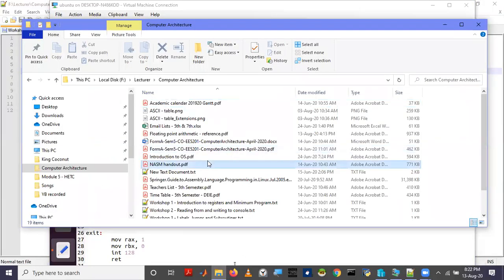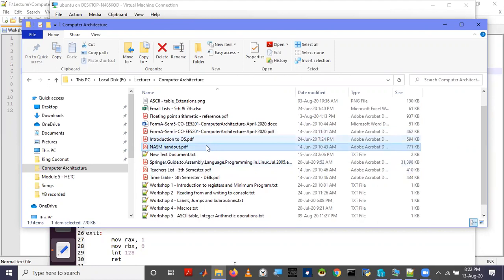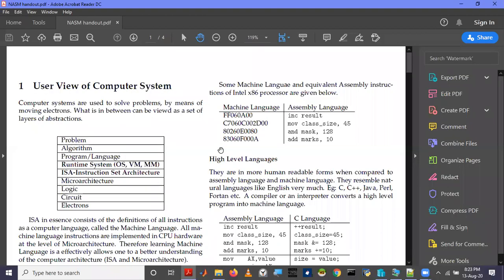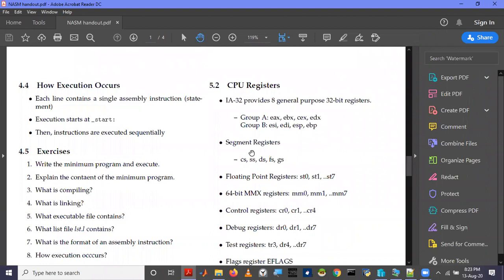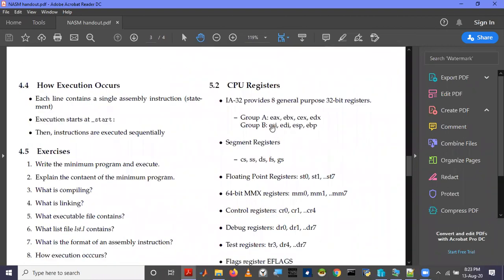In the first lesson about the registers, I showed you several registers. In this NASM handout, which is found in your LMS, if you refer to the CPU registers, there is a register known as ESP. This SP stands for stack pointer.